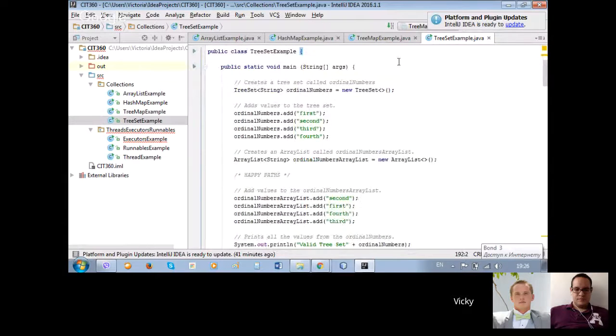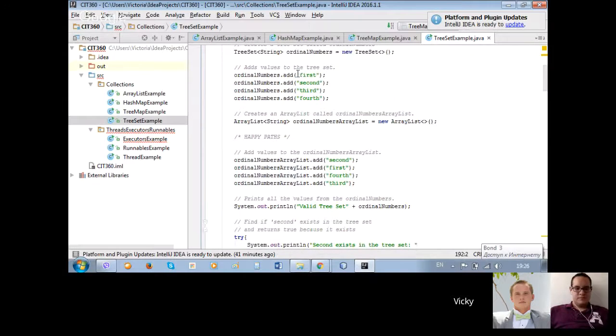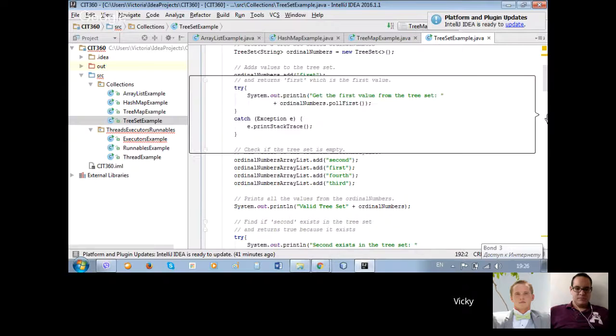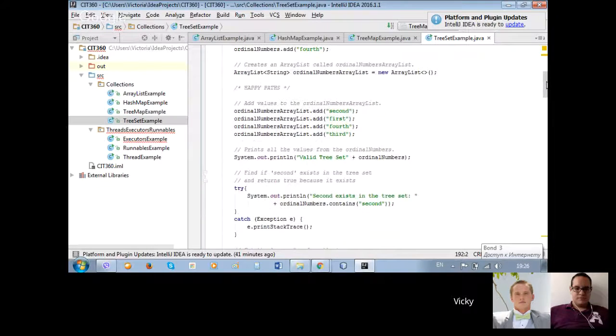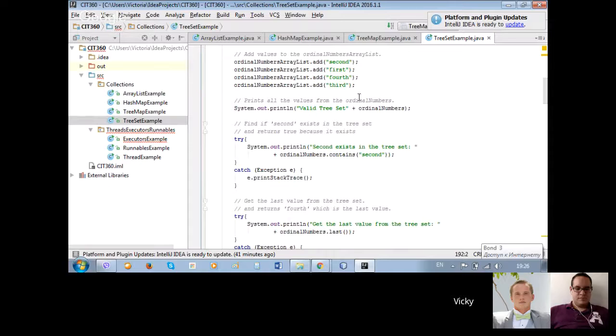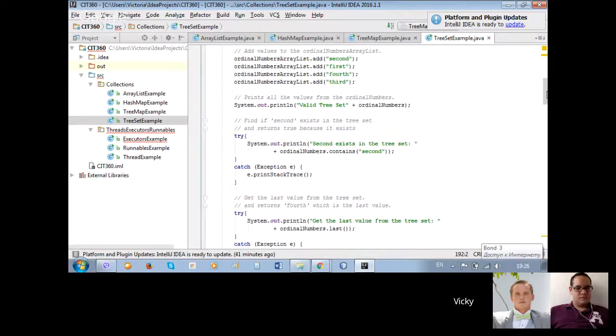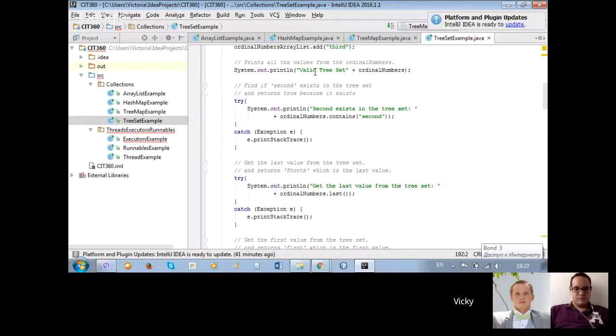So here I'm creating the tree set again with ordinal numbers. I just like it. And adding 4 values to the tree set. Here I'm creating the array list called ordinal numbers. I'm adding 4 values to the ordinal numbers array list. Here I'm printing all values from the ordinal numbers, and here